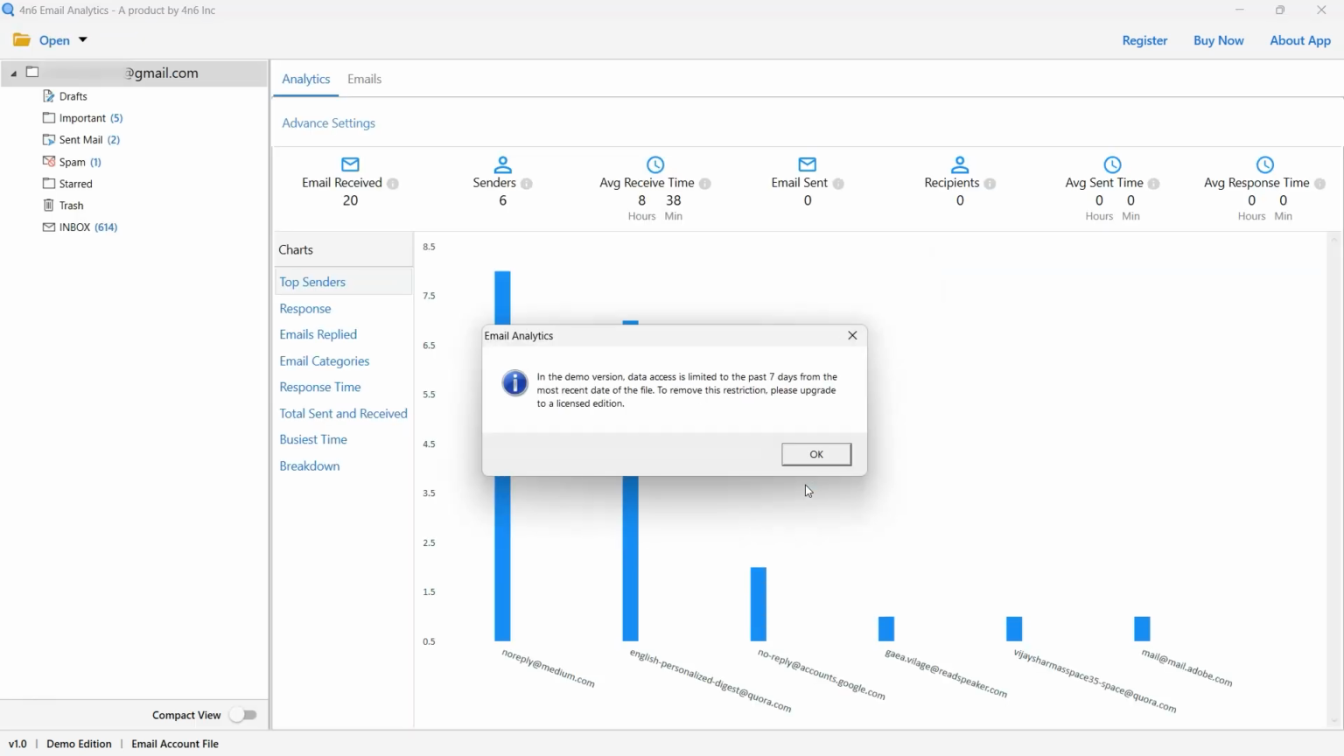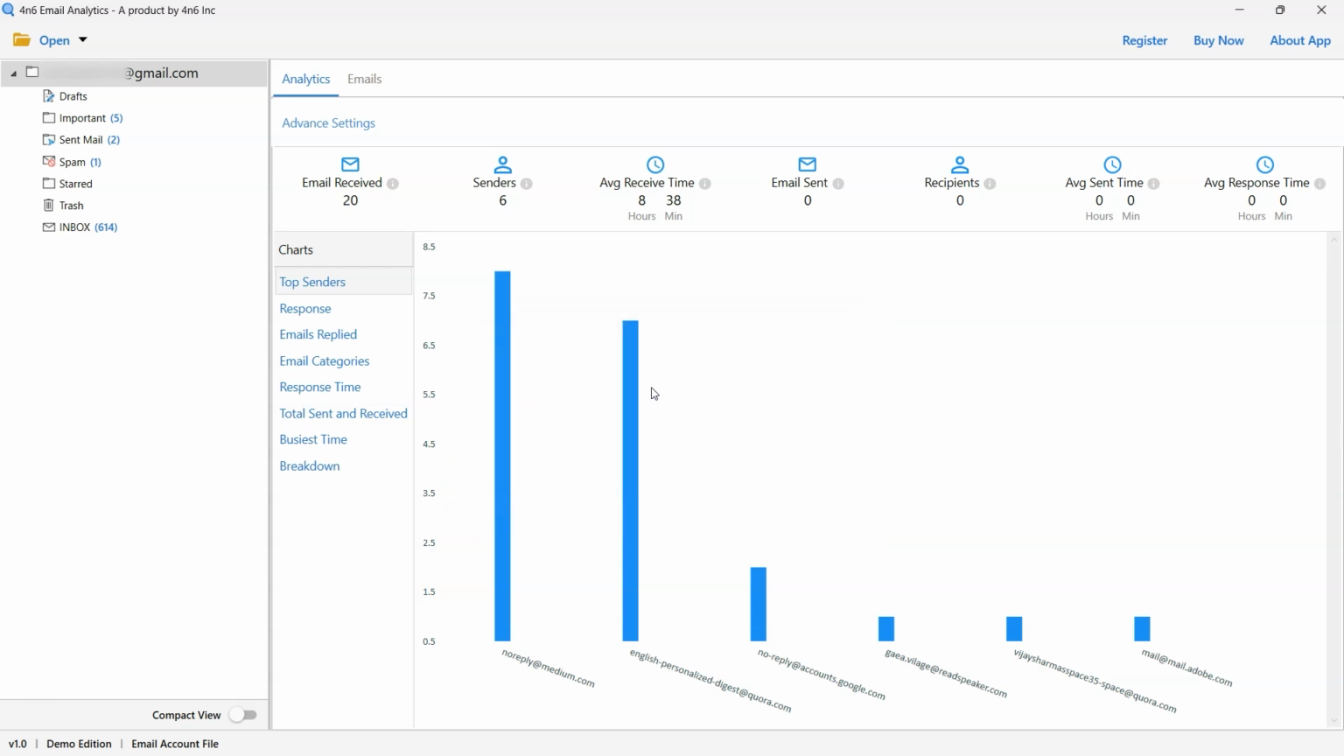After a while, a new window will appear with a notification indicating that, in the demo version, data access is limited to the past 7 days from the most recent date in the file. To remove this restriction, please upgrade to a licensed edition. Click OK to proceed. This software offers advanced chart preview capabilities and a complete range of data insights, such as